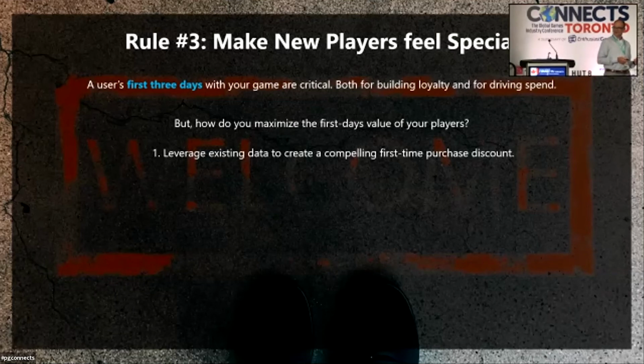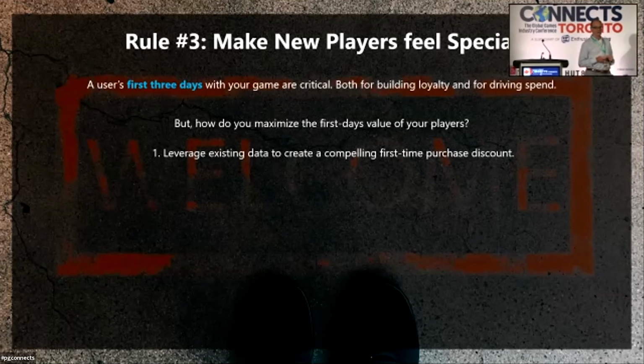So let's think hard about the first purchase if they do see a price for that, because really our goal here is to get a purchase out of someone in the first 3 days. Those first 3 days are very critical, because even though I said 30% leave in that first day, 18% of an average game's revenue actually comes in that first day. People are making decisions pretty quickly on whether they like your game, whether they're going to return, and whether they're going to purchase. And those early decisions are going to inform the lifetime value for that player within your game too.